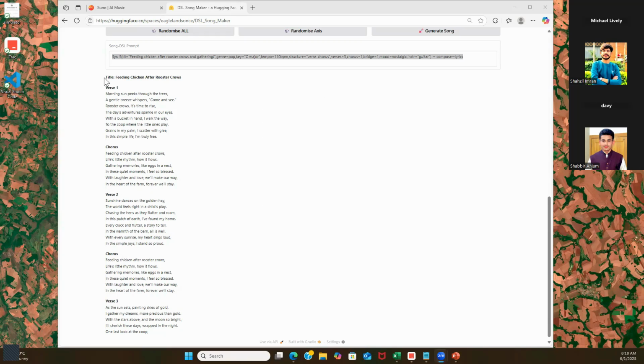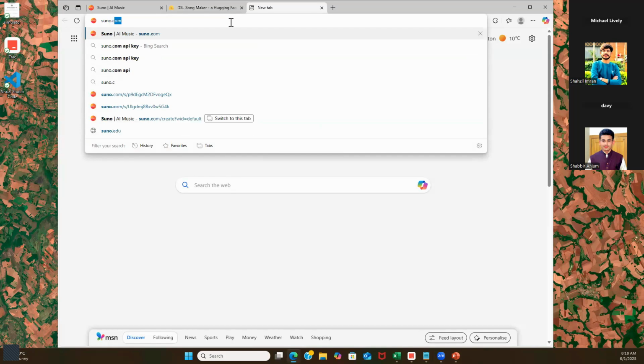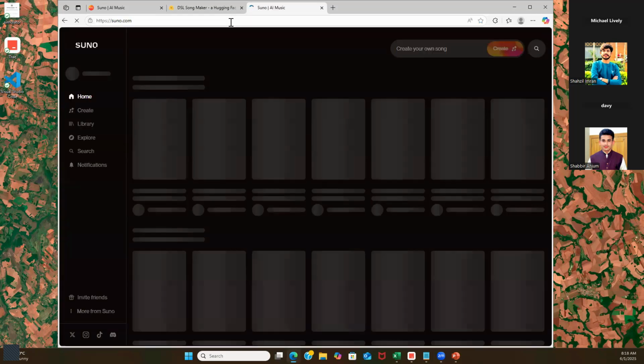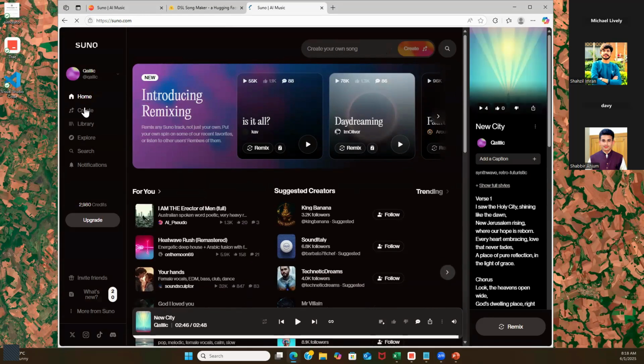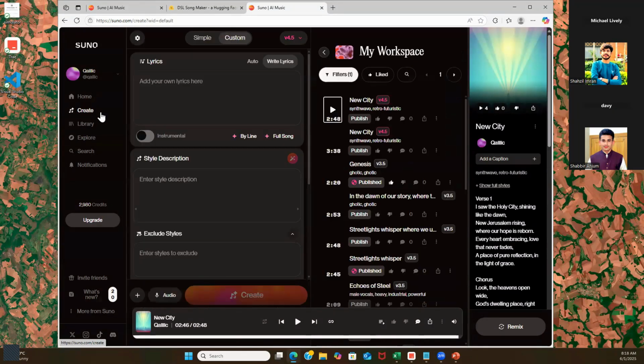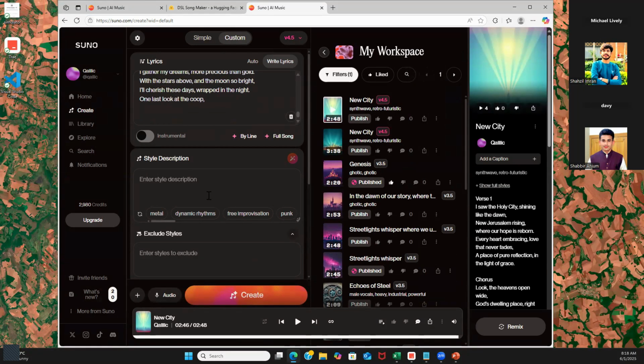So let's take the verse here. Grab the verse. And now we're going to go to Suno. Suno is what we're going to be using the agentic to access, and it's going to take this, and we're going to write this code. It takes Suno, and it actually creates a song. So the agentic's going to do this work. This is what we're using Trae AI for. It will open this up, put the lyrics in for us, then it will choose some type of style.